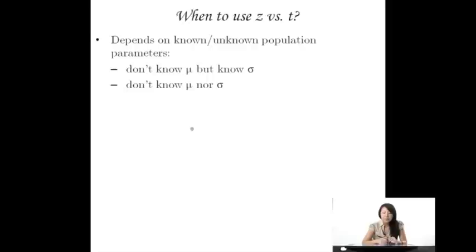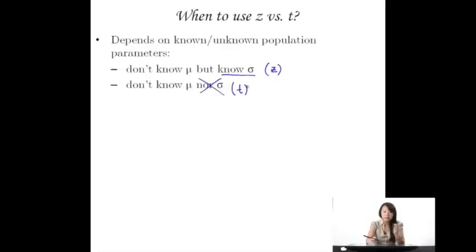Okay, so first off, when do we use z versus t? We covered it in previous sections where we looked at whether we knew the population parameters or not. In hypothesis testing, we frequently don't know the mu of the population, but sometimes we are given sigma, for some reason or another. In this case, we use z in order to figure out how many standard errors away from the mean we are in our SDOM. But in other situations, we do not know what sigma is. And in that case, we use t in order to figure out how many standard errors away our x bar